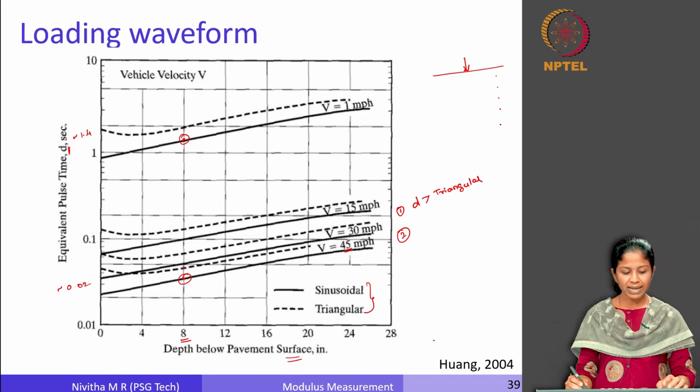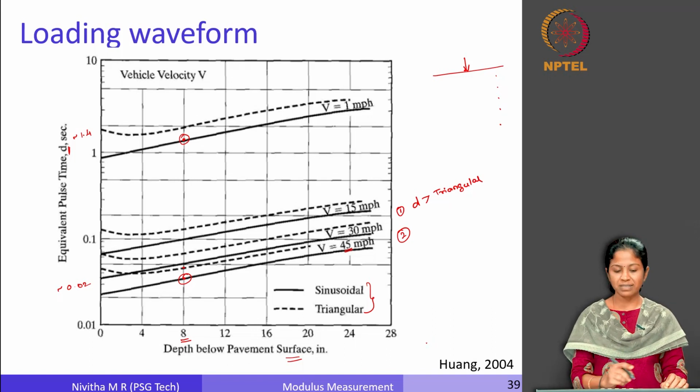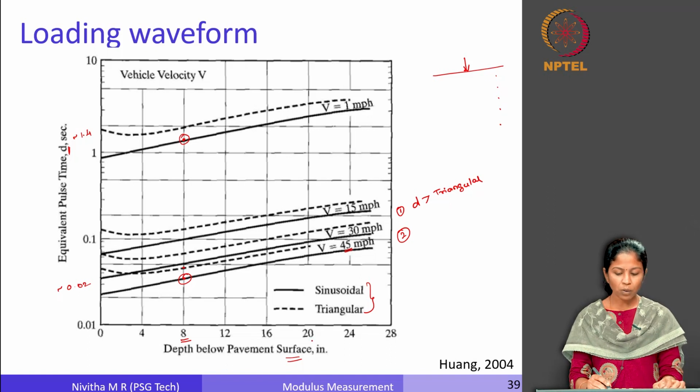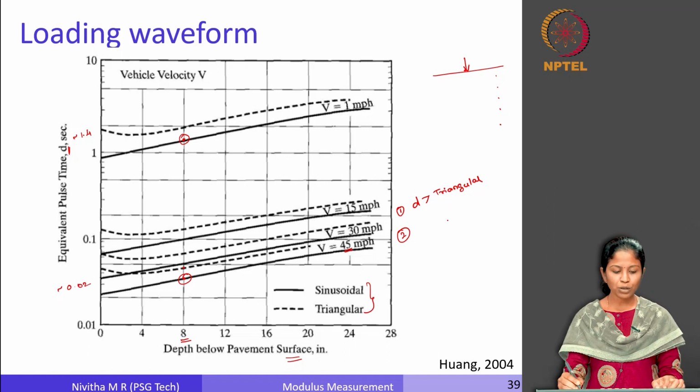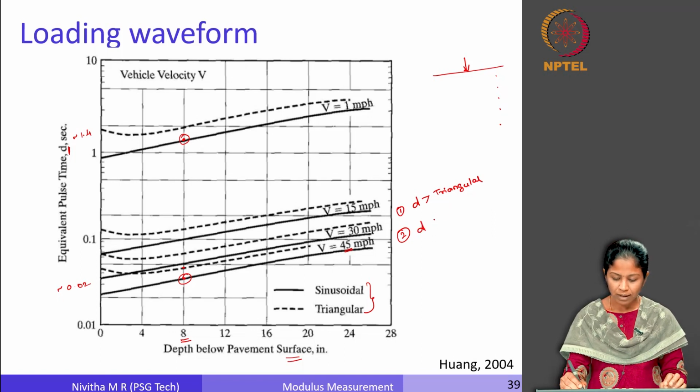So, for a given case, there is so much of a difference depending upon the speed of travel. That is what we said earlier also. If a vehicle is traveling faster, the equivalent loading pulse time is less compared to a case wherein the vehicle is traveling slow. So, d is less for